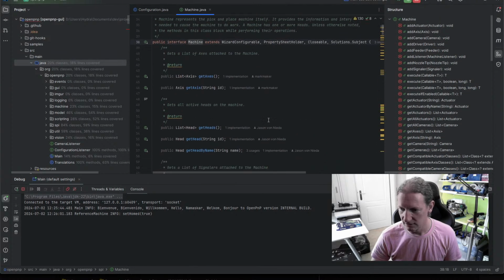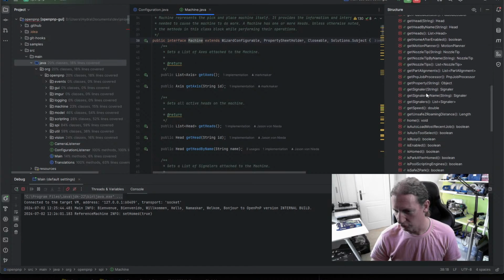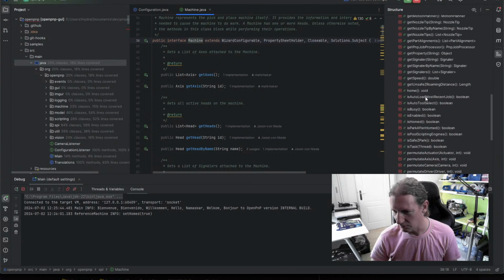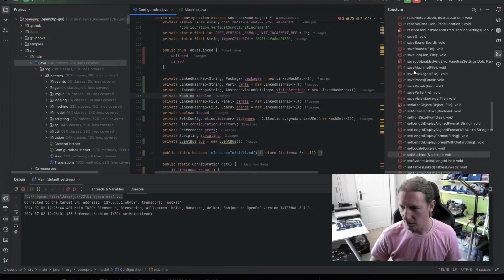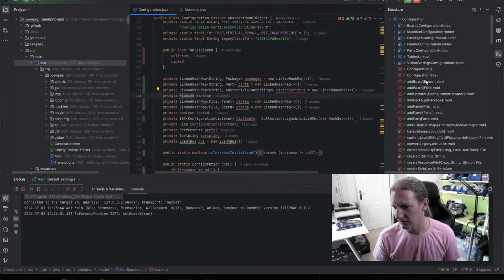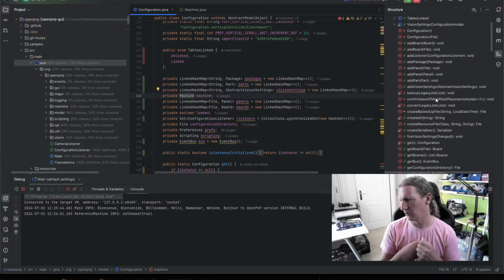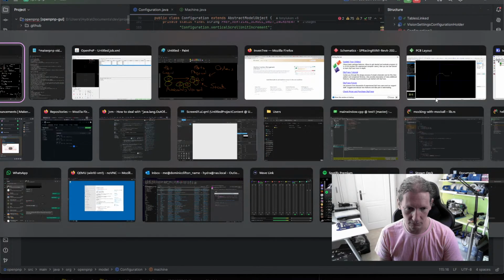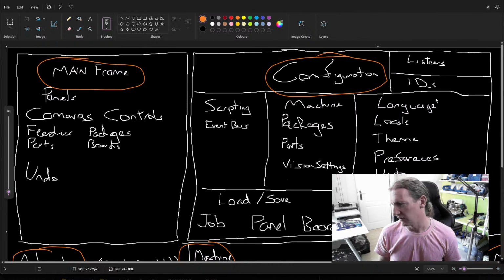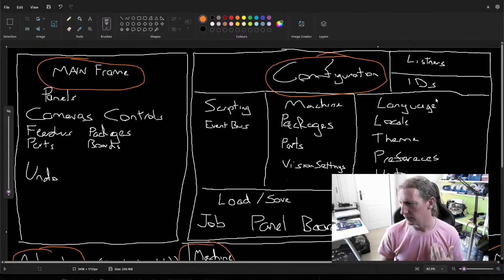Yeah, okay. And then you start wandering around looking to see where things are. My first thought on this configuration class is that it's doing way more things than configuration. It's also providing, and you can see that from this, a central place for services. So machine is a singleton, and instead of asking machine for get machine or get instance or whatever,